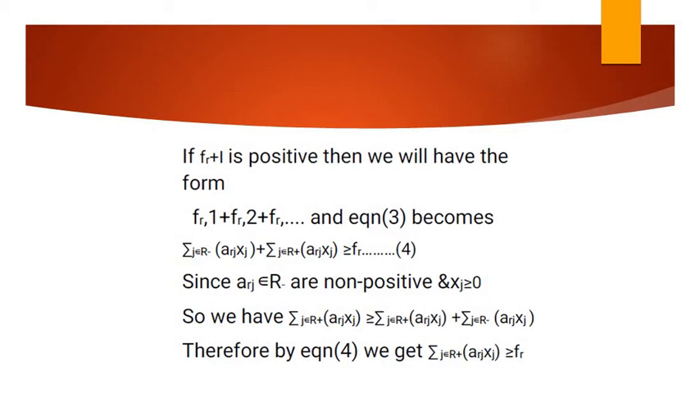Since arj belongs to r minus are non-positive, that means they are negative, and also xj greater than or equal to 0, hence we shall have the following inequalities, which is sigma arj xj when j belongs to r plus, which is greater than or equal to sigma arj xj when j belongs to r minus. Therefore, by equation 4 we get sigma arj xj, j belongs to r plus, is always bounded below by fr,